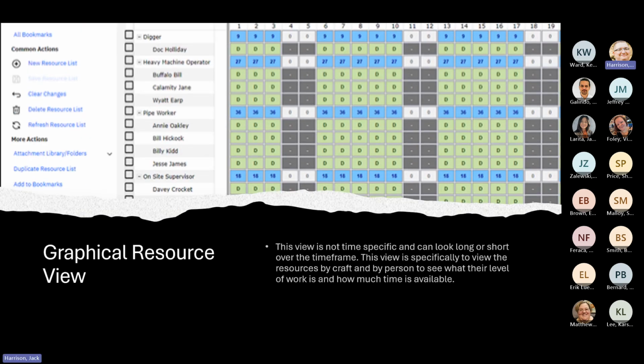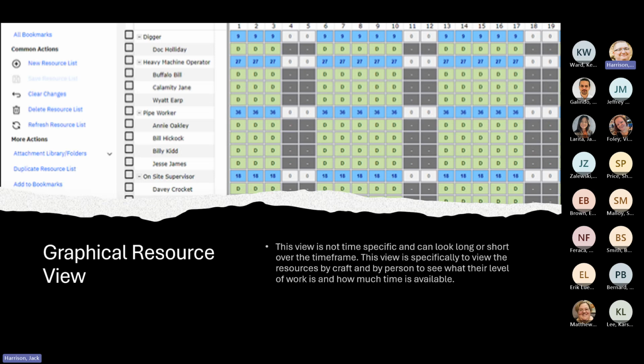And the last application we'll take a look at today will be the graphical resource view. Now the graphical resource view is kind of largely built for something very similar to what I just described. The difference is that the work view is largely based upon a week-to-week basis. The resource view is really just over a long period of time. So, you know, we can look weeks or months ahead and kind of see what our guys have going for them in terms of work and whether they are available or not available at certain points in time